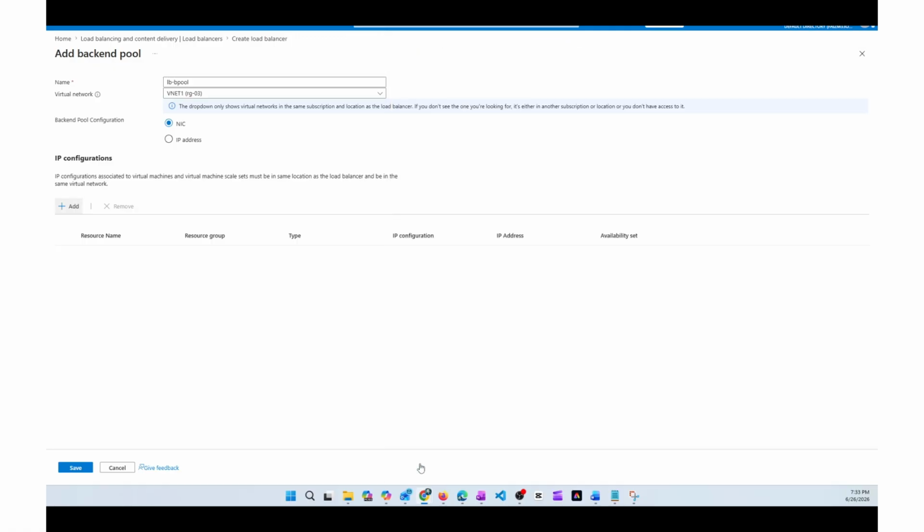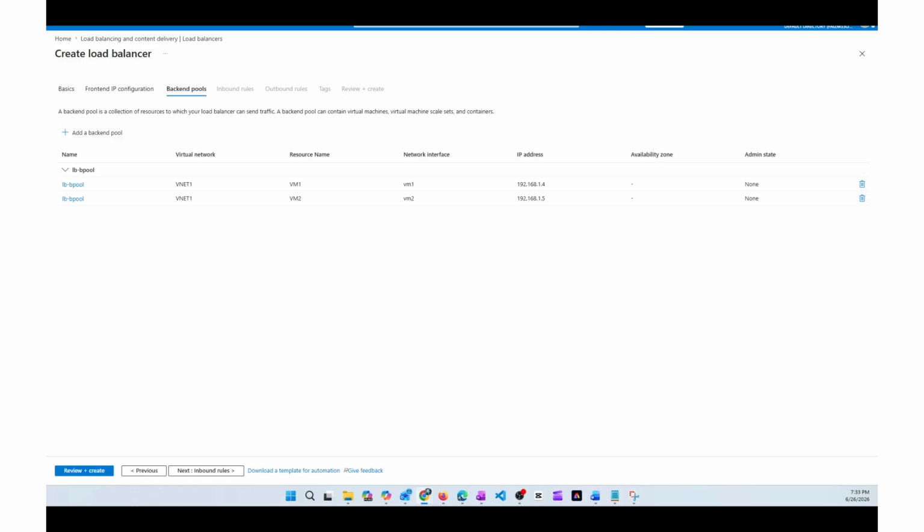We'll simply click add, and then click the save option at the bottom left. Now you can see this has been saved, and we are good to move to the next step, which is